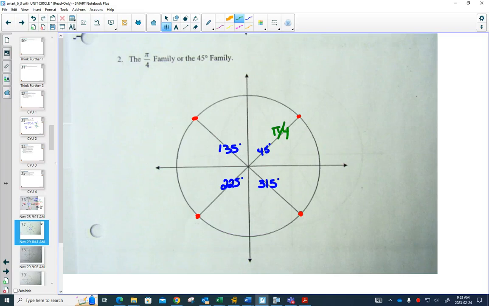And in the same sense that we found 135 by doing 180 minus 45, to find this angle, we have to do